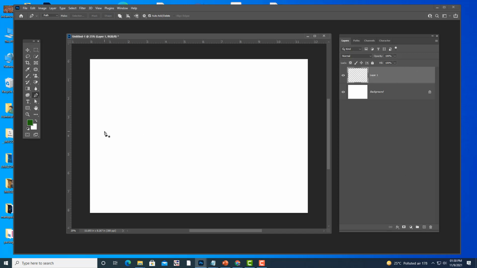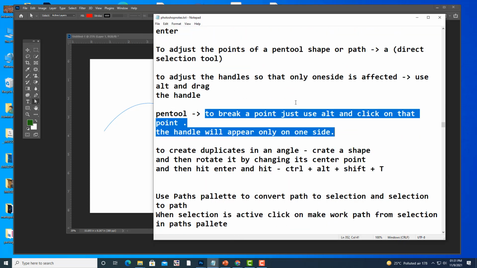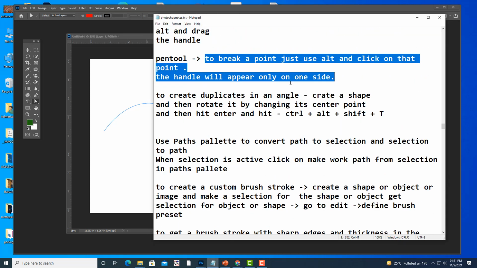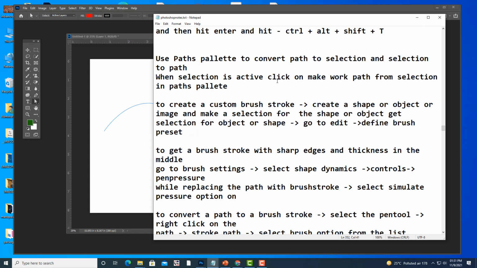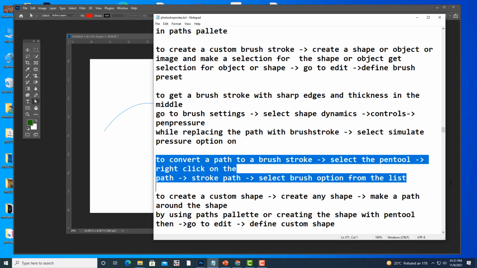And then I will just create one path like this. So this is one path. Now let us convert this path to brush stroke. Just write down this point.